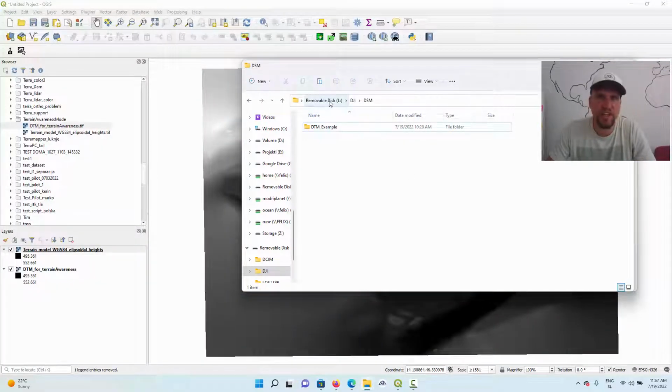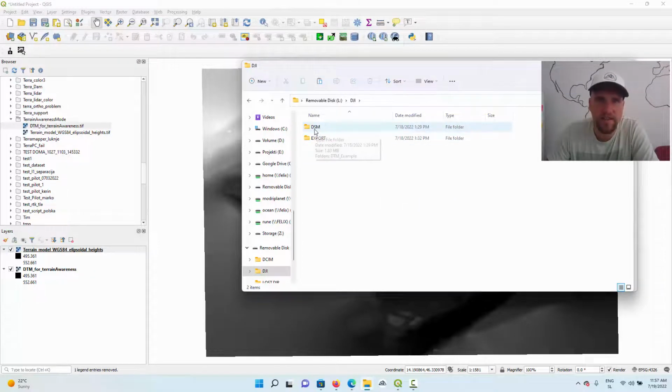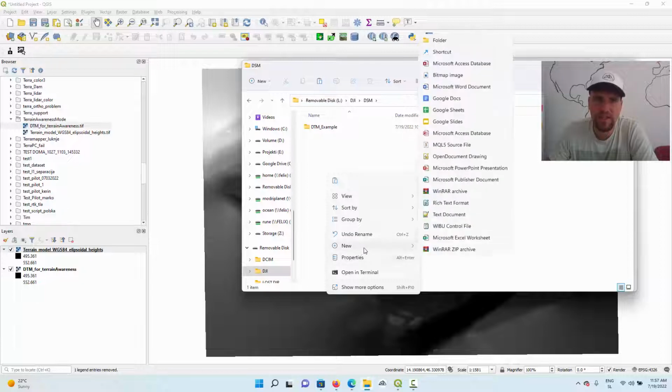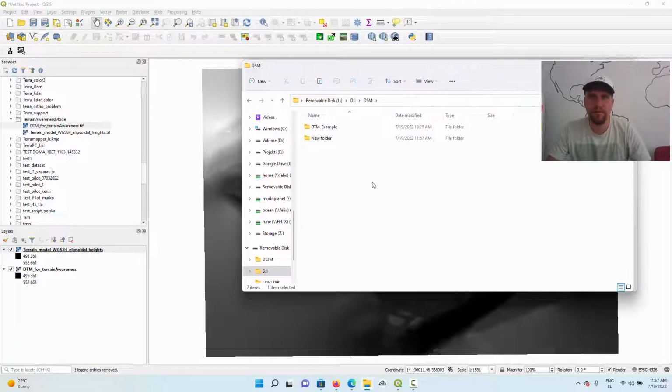Then on your DJI SD card, you need to create the, well, it can be any SD card, like the one that you put into your Phantom drone. It's very important on this card, you need to create first a DJI folder with all capitals. Inside the DJI folder, you need to create a folder called DSM. And then in this folder, we will create a new folder. This folder will be the name that will show up when we are importing the DSM into Phantom. So for this example, let's name the folder